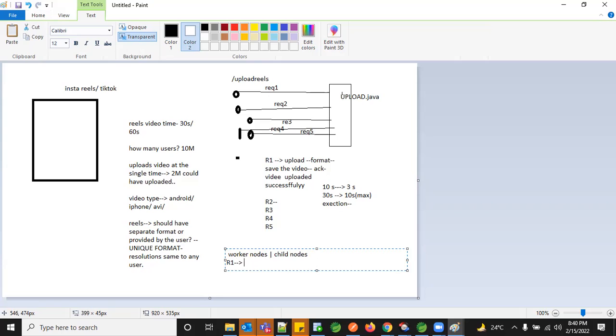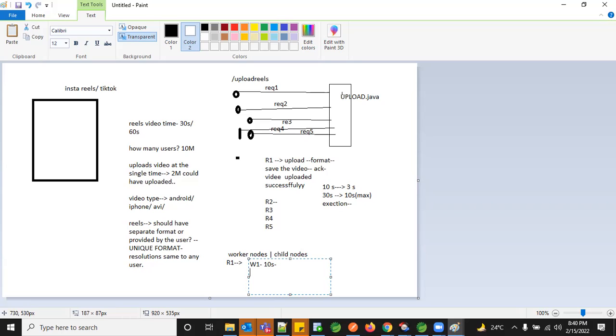If it is more than 10 seconds video, then we split it up into 3 workers. If it is only 10 seconds, I can just assign it to 1 worker. So for request 1, when worker 1 checks the video time frame, it is 10 seconds. So it will take care of doing formatting and everything.